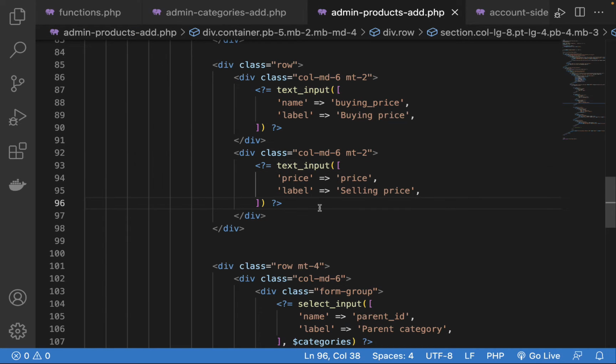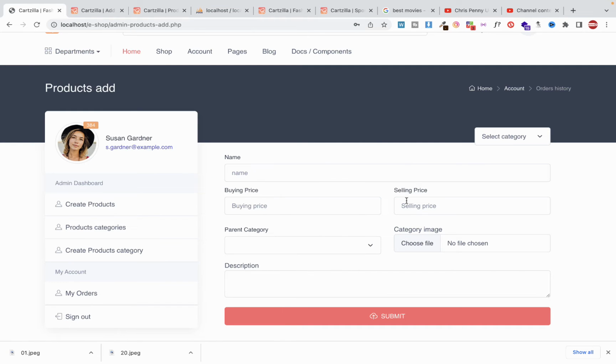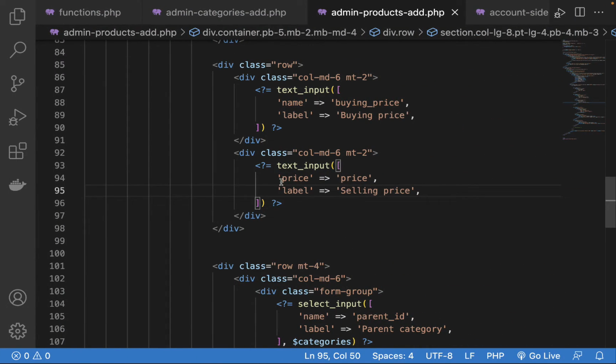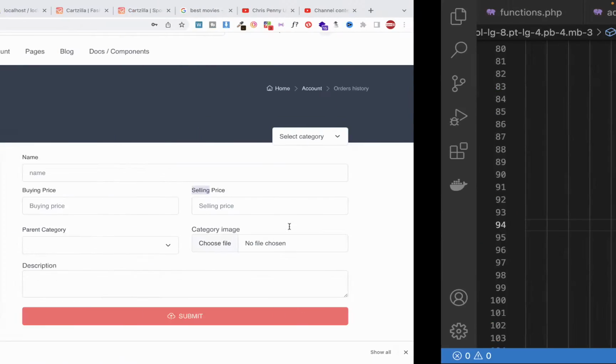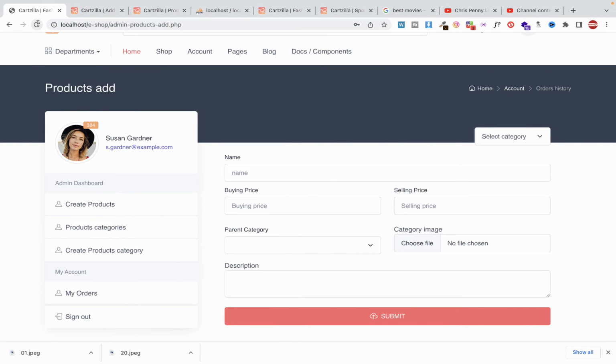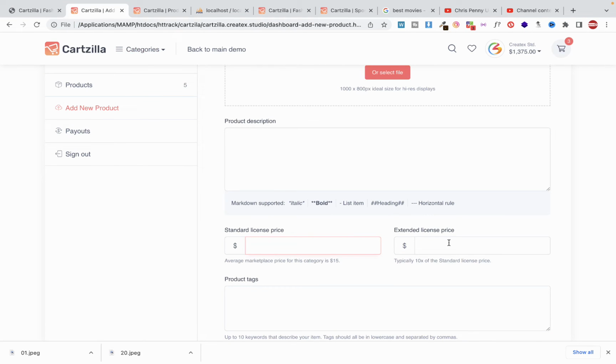Okay, hope you are together now. So if I come and refresh, we are able to see the buying price, the selling price. Click there, it takes you there. So selling price should be name is price, not, damn, mistake. Okay, so you have selling price, buying price. So after doing that, now the next thing, we are going to have buying price added and selling